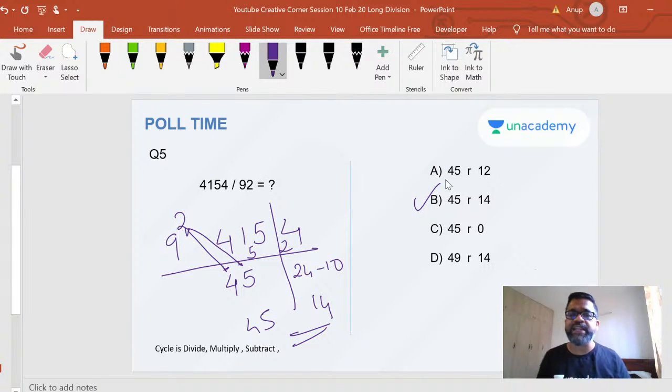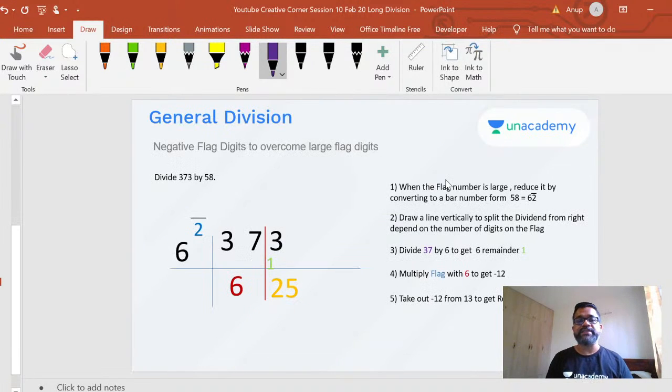Things can get slightly complicated if it is a problem where the flag is a larger number greater than 5, that is 6, 7, 8 and 9. If it comes to that, you might end up having some negative numbers. Okay, so that time it becomes slightly difficult to solve this. You will end up getting the answer, but then you don't want to deal with too many negative numbers. So there is one very easy trick that can help you convert negative numbers.